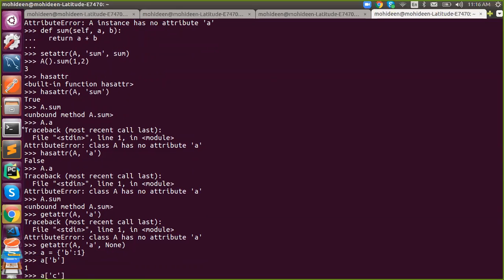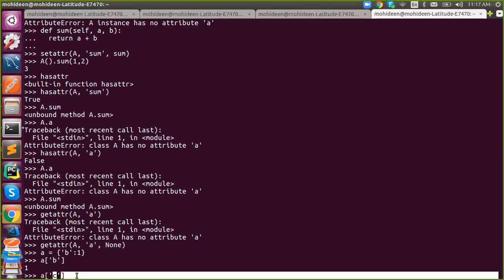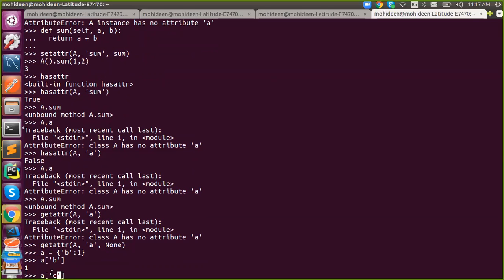This line leads to what? What is missing? How do we trace back the error? Let's find out. What is C? It is a key. Does the key exist? No. What happened then? Key error. That's it.